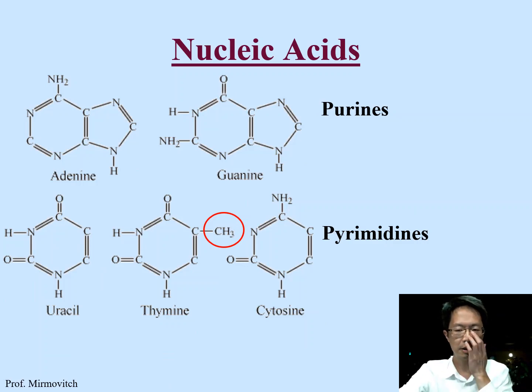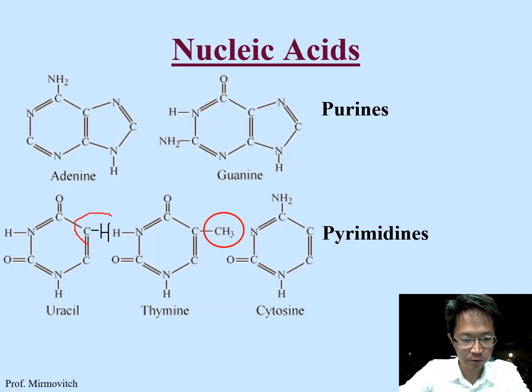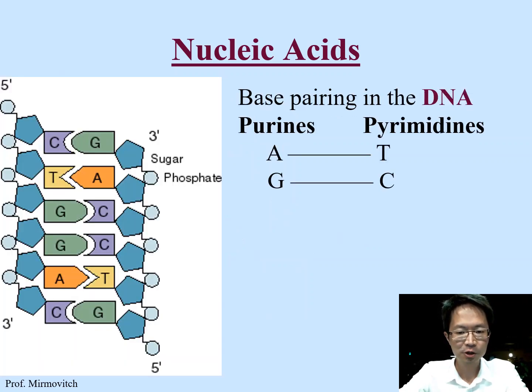Okay, they already put it here, so I don't need to write out purine, pyrimidine, and CH3. Actually, it's on the slides. But I will still put it here. This is a hydrogen atom, and you have a red circle here. Okay. So that's the difference. So base pairing rules are